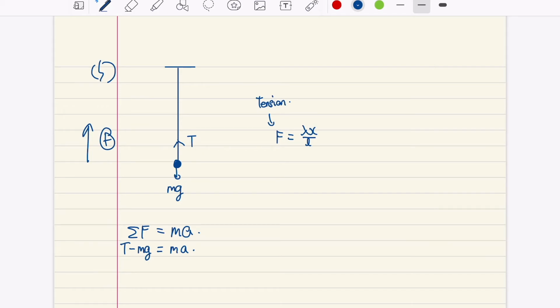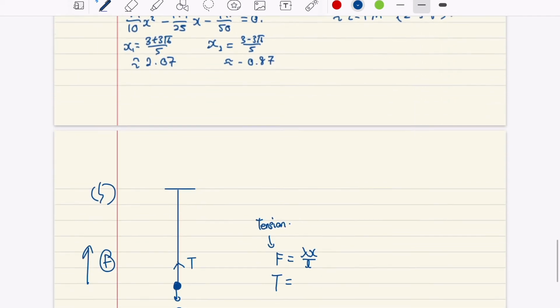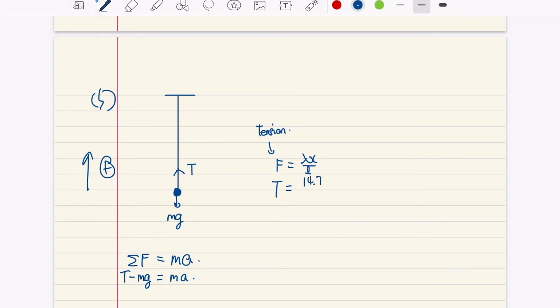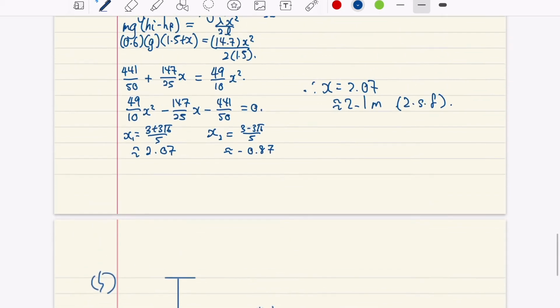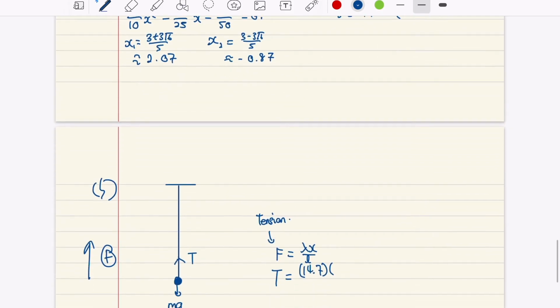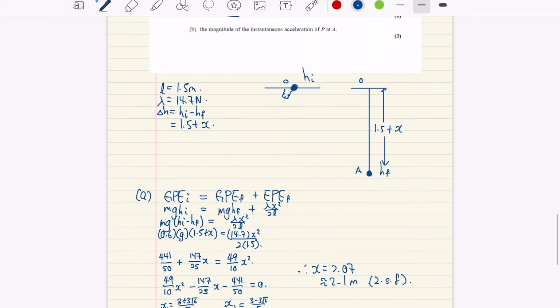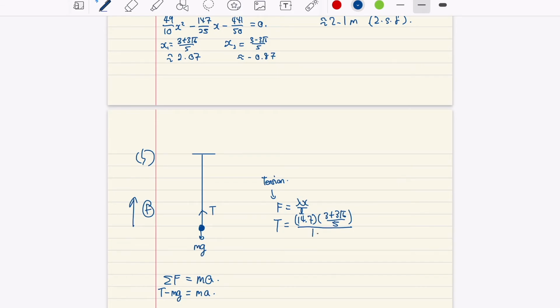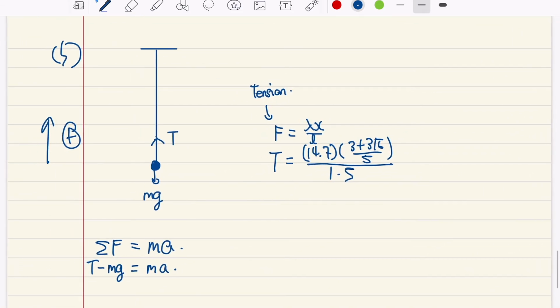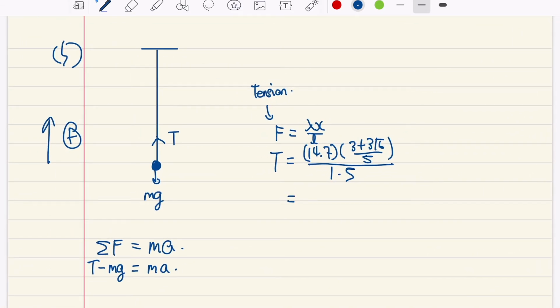So here we can use T equals lambda x over L, and lambda is 14.7 times x. So the extension, which we have found, is 3 plus 3 square root 6 over 5, divided by the natural length, which is 1.5, is equal to